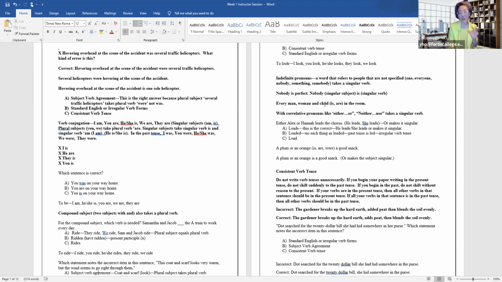But if I have something like both/and, if I say both Mary and John went to the party, that takes a plural verb. Both Mary and John are going to the party. So here you have a plural when you have a compound. When you have and, that makes it a plural subject, which means it takes a plural verb. When you have or, that makes it a singular subject and a singular verb.